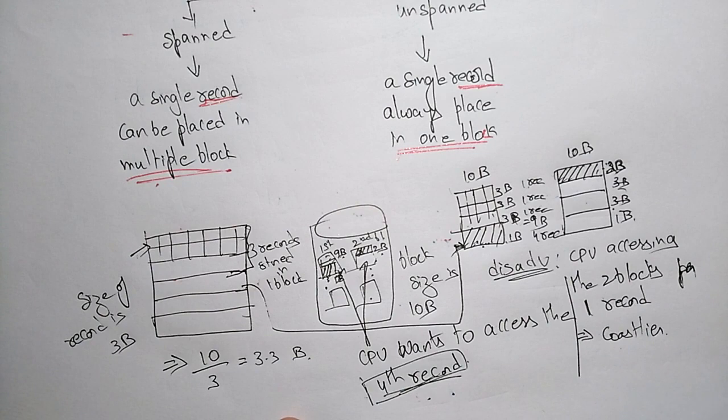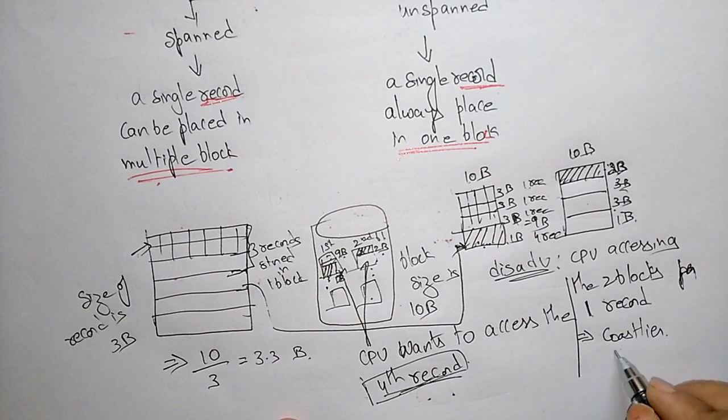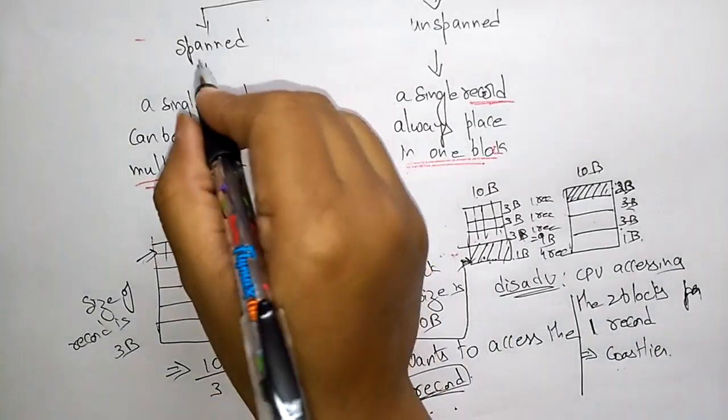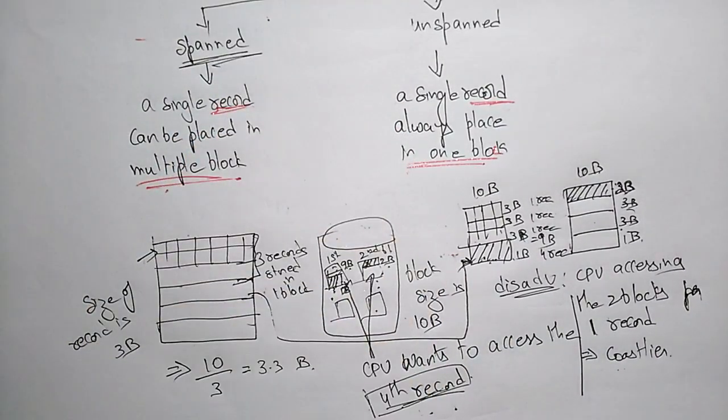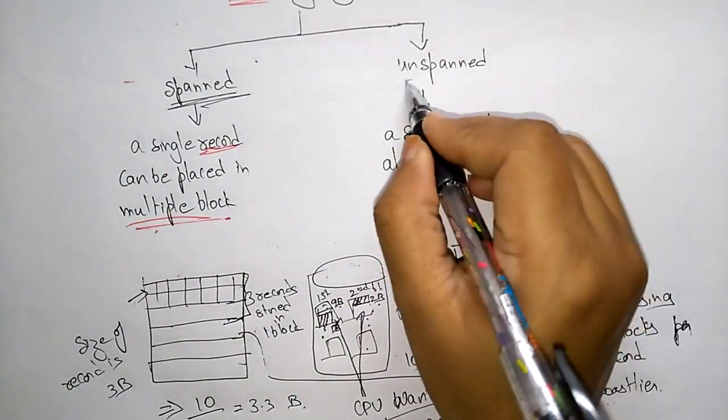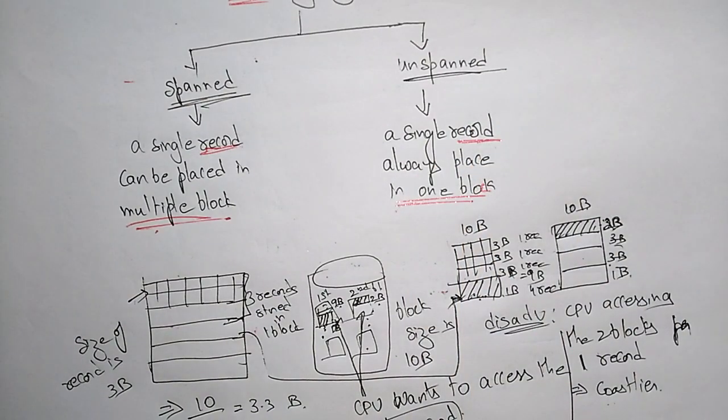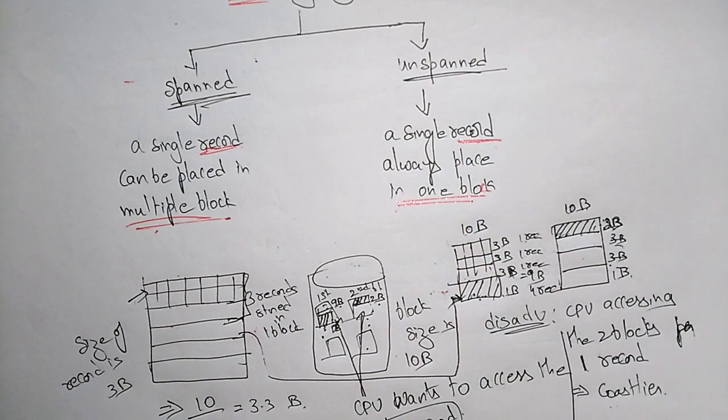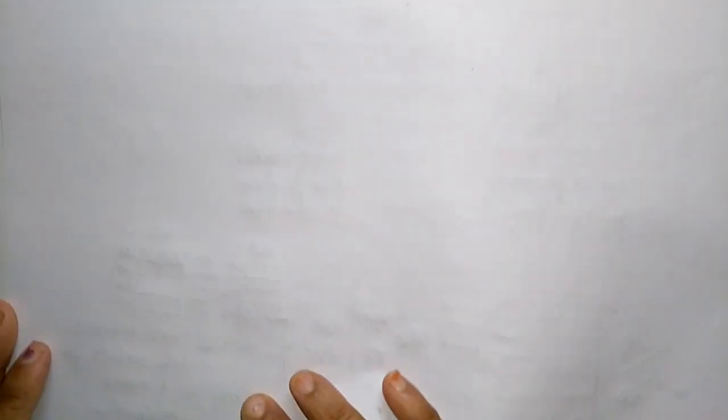Storing and then accessing the blocks by the CPU is always costlier. So that is the main disadvantage of using spanned. Now coming to what is unspanned. Okay, let us see what is unspanned. So the unspanned means,